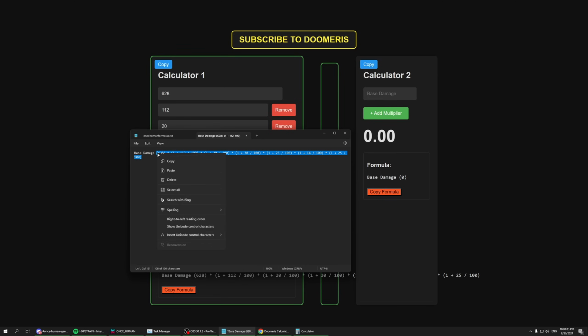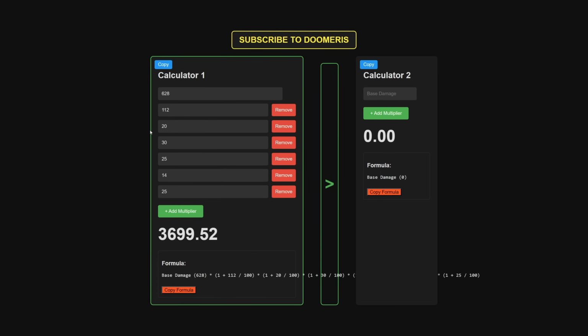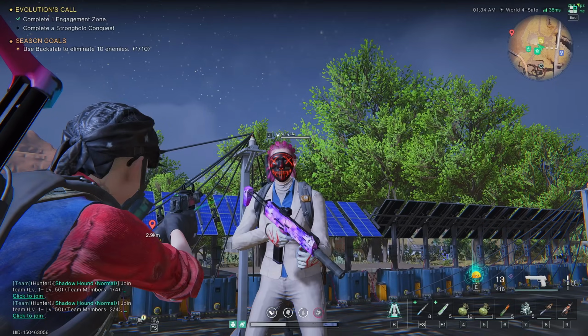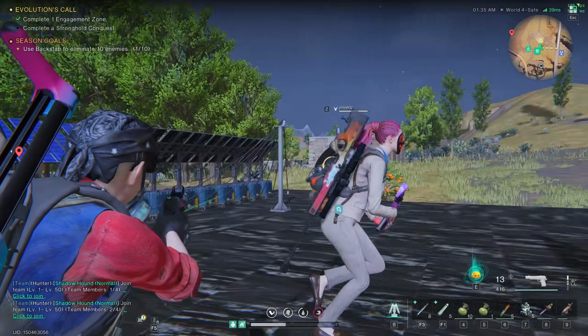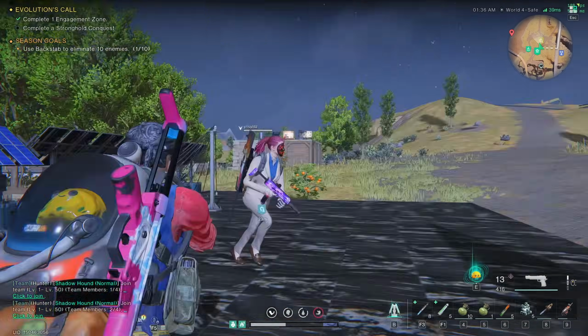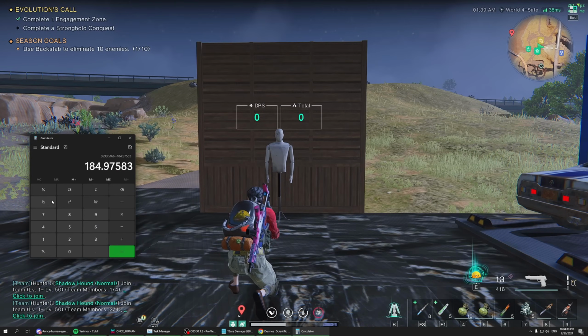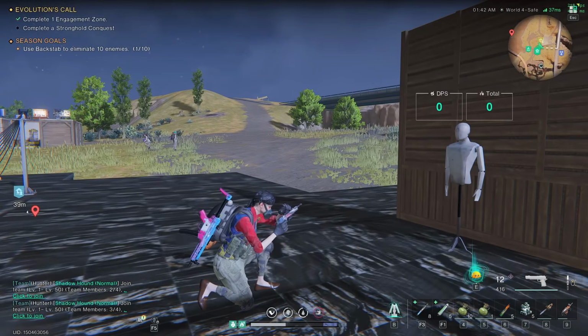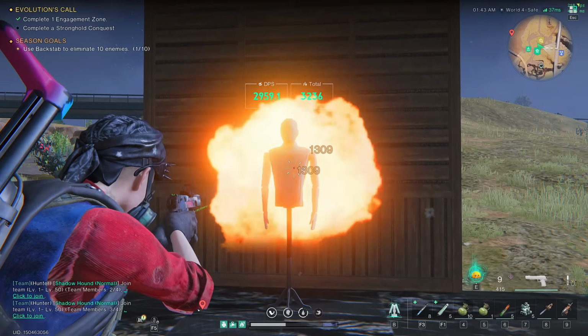And if we paste this formula into the calculator over here, you can see that we get the final damage. 3,699. So I have to copy this whole thing, by the way. So we do minus 5%, and that's the final damage with the point detonation. All right? Let's shoot a bullet. Shoot in the head, and...